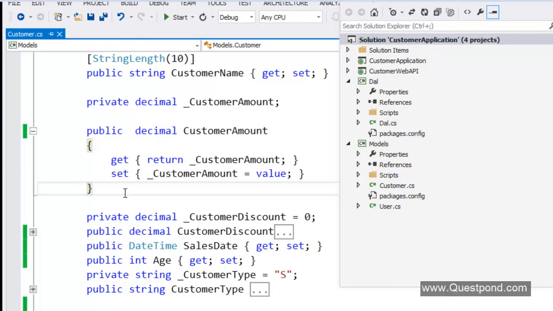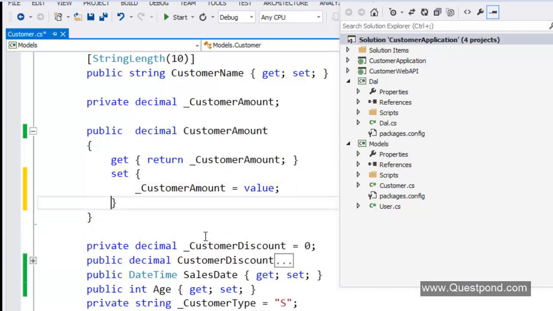The end user, the data entry user, will come to your site, and he will say that he wants to enter a customer. Now he will specify, by clicking on a hyperlink or maybe a checkbox or whatever, he will give some kind of a signal from the UI saying that yes, he wants to enter a discounted customer by age, he wants to enter a discounted customer by sales date, or he wants to enter a discounted customer by the customer amount. So it depends on what kind of data entry mode he is in.